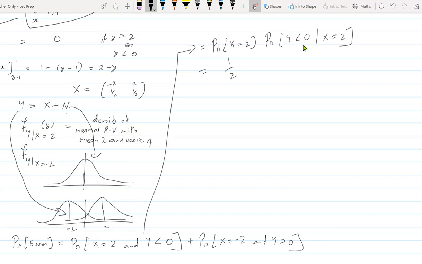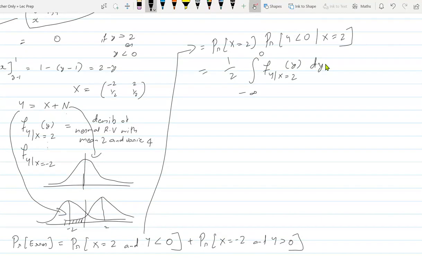Yeah. So wonderfully, we know the conditional density functions, which is exactly what you want. So this is basically the integral from minus infinity to 0, because we are interested in this region. Basically, it is this figure where this region is being computed: minus infinity to 0 of f_{Y|X=2}(y) dy.